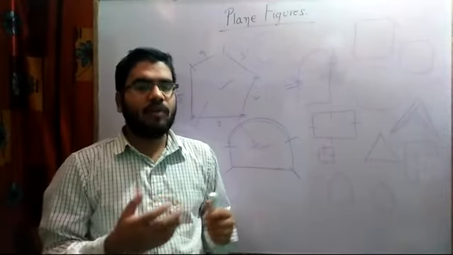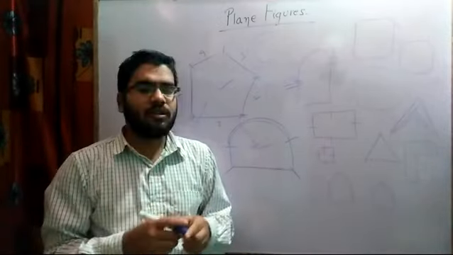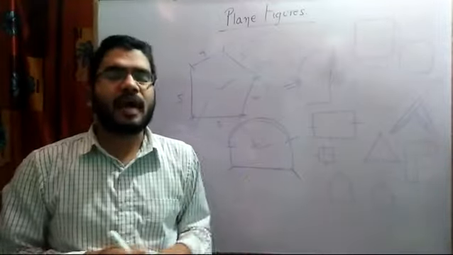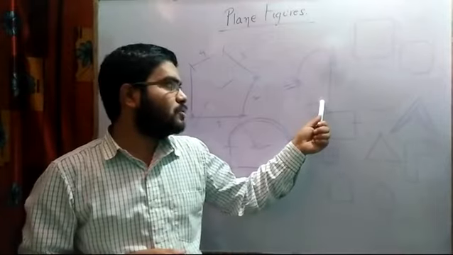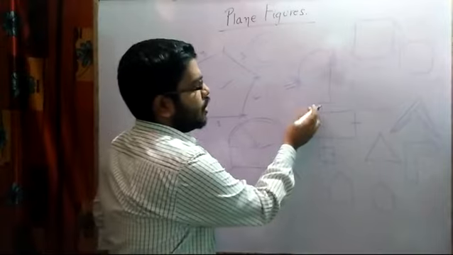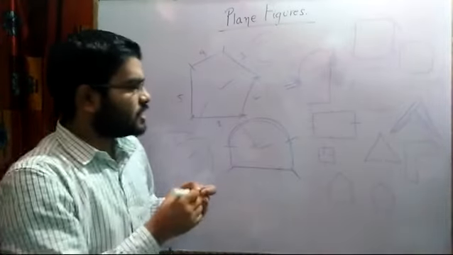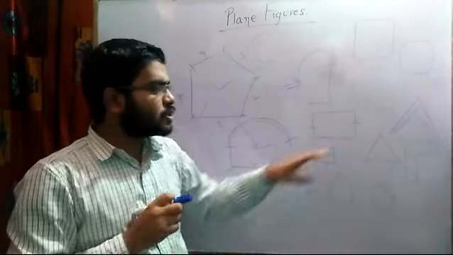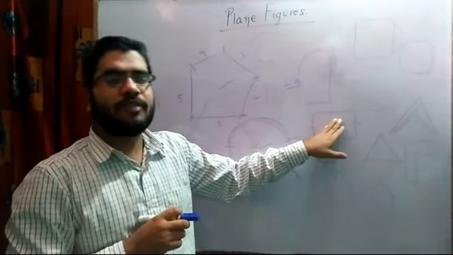So that you all will be clear about the formulas, and all the formulas will come in one place, and then you all will be able to apply them and calculate the values related to area and perimeter. Now perimeter, I hope all of you know. What is area? It is the region bounded by the closed figure. The region bounded by the closed figure is said to be the area of that figure.